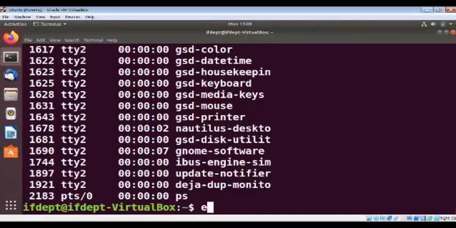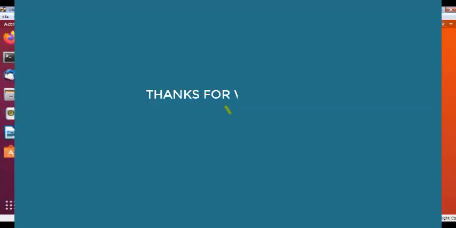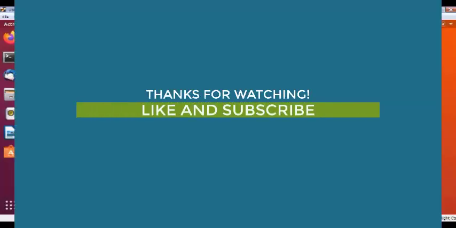And the last command is the exit command. So we will just type here exit. What is going to happen? It will come out of this terminal. So watch what will happen. After typing exit, if I press enter, see, it has gone. So it has exited from this terminal. So these are the 5 commands.